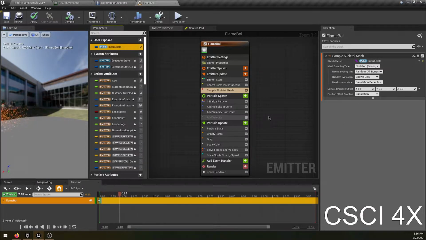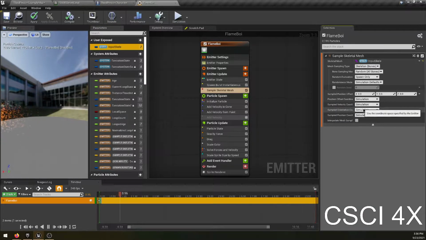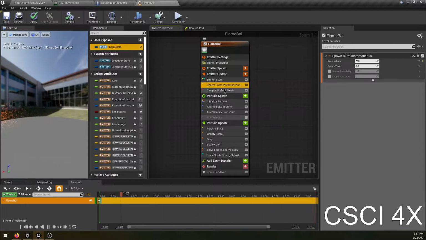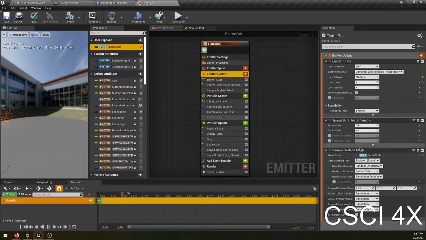So, let's see. Mesh sampling type. Let's see here. Position offset. Skeletal mesh. So it's going to read this mesh here, and then it is going to